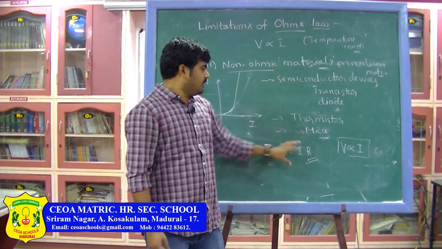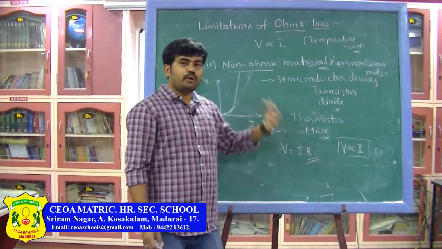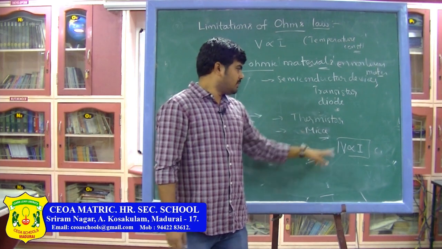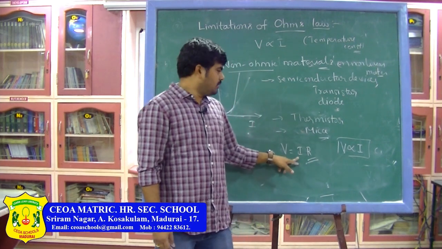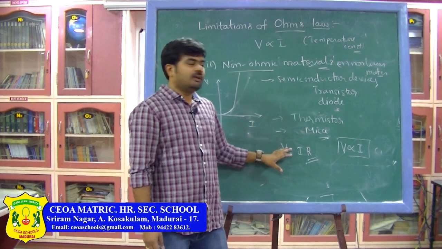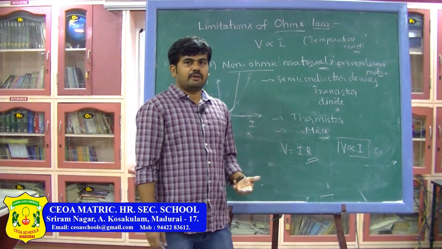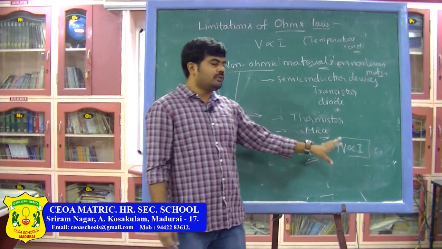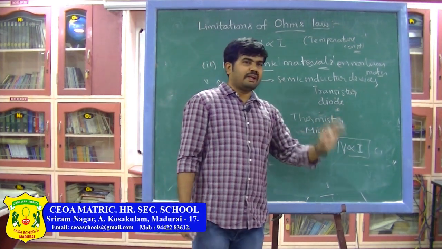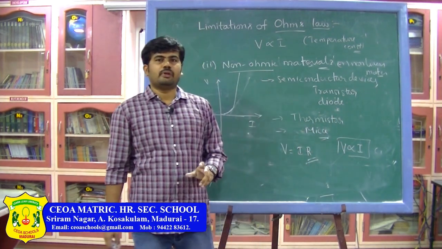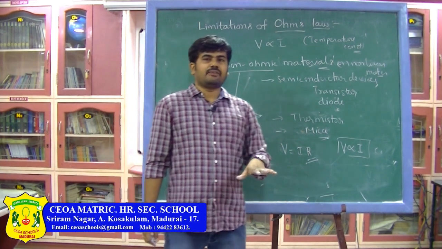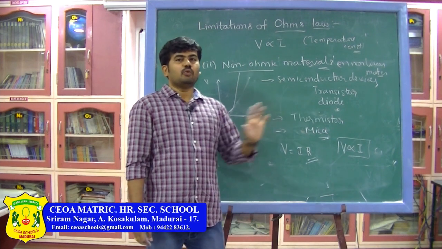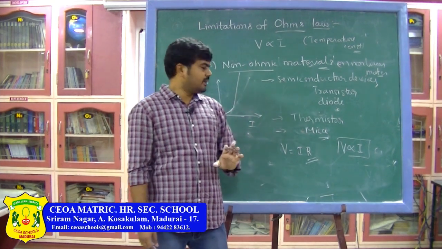So remember the difference. We are going to use this relation in many cases in further concepts, but it does not mean that we are using Ohm's law everywhere for all the devices. Here this is just a relation between potential and current, whereas Ohm's law means that for any device, if potential and current are directly proportional to each other, if it is a linear relation, then we can say that device is obeying Ohm's law. Then it is called an ohmic device. That is the difference. Be clear about this.